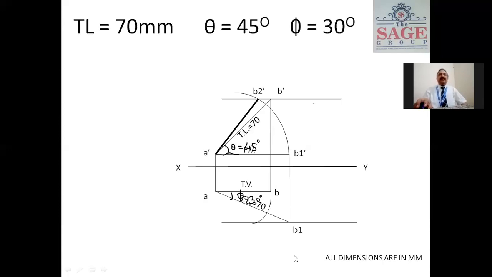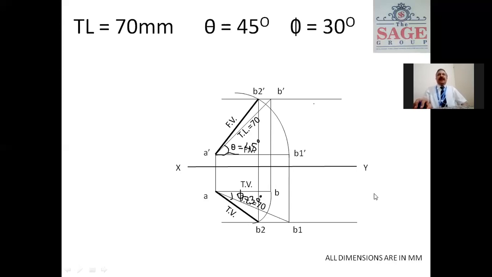Now same, we rotate B in the downward direction, which cuts the locus from B1. This gives us point B2. Now we join B2 to A. This is our final projection. Now we join B2 dash to B2 as a projector, and this is our final front view and top view. So this is the projection of a line inclined to HP and inclined to VP.